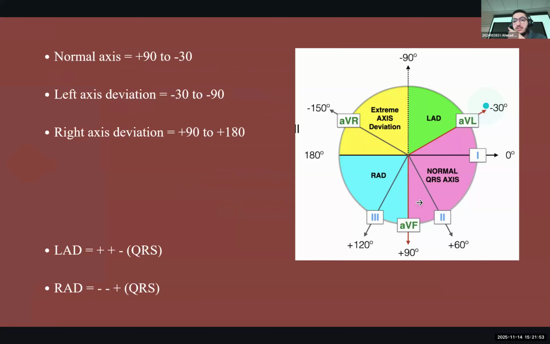Okay, so this was mentioned in your P15 interactive session. I think it's important. I believe we got a question about it last year, so I just quickly put a summary together. I got this graph from last year's slides. The normal axis would be between -30 and +90. And first of all, what does the axis of the heart mean? Can anybody answer that, please?